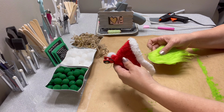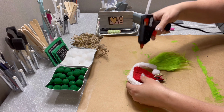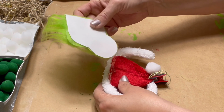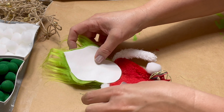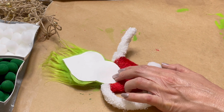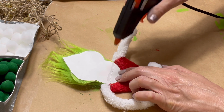Now, you want to have this glued to the top part of the head, and you notice how our shape has the cheeks come out to the sides, and that's really what gives it the image of the silhouette being a Grinch silhouette. I actually forgot to do that on my first one, and it just looked completely wrong. You just got to get that shape right, or this just seems off. So that's why I really like doing templates. Once you figure out what works, why not share it? That's what I say. Okay, now